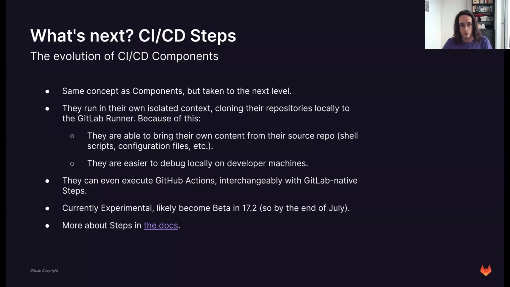And this makes it super easy, finally, to debug locally, not necessarily a full pipeline, but a step, definitely. Because a step is such an isolated piece of logic inside your pipeline, you can easily just download the step on your local machine and execute that with the same executor that the runner is using, and test your pipelines that way, right?